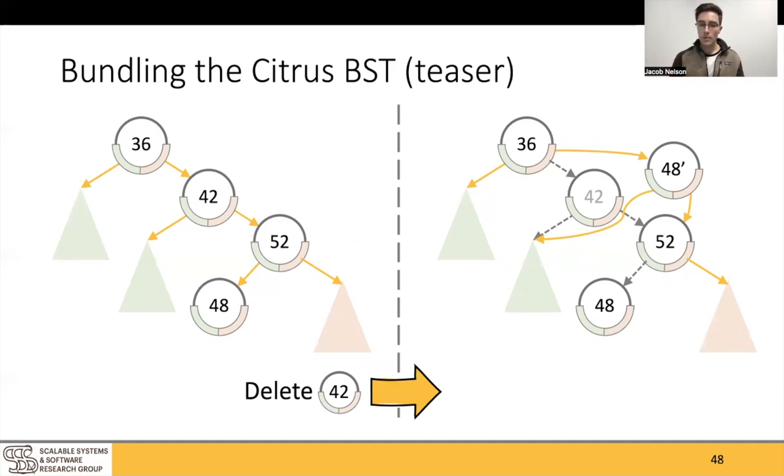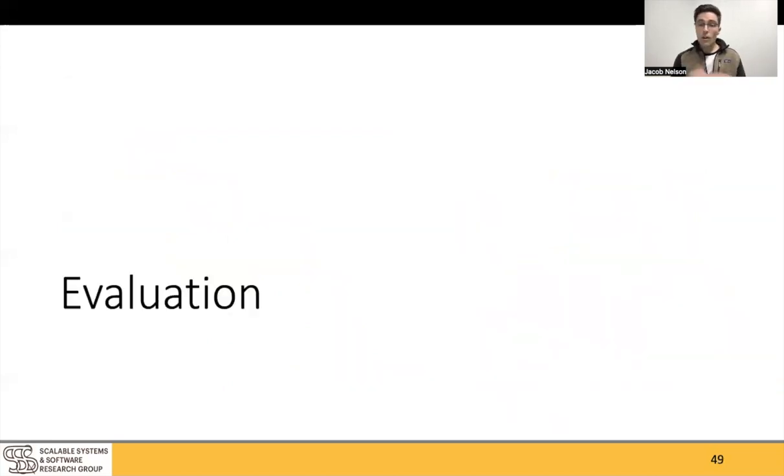Now, one thing that I haven't talked about up to this point that I'll also refer to the paper for is how we deal with memory reclamation. Under the hood, we're using epoch-based memory reclamation to identify when we can reclaim nodes, and we use a background process in order to clean up bundle entries that we don't need. So in our evaluation, we're actually integrating this memory reclamation, all the facilities needed to track which bundle entries are stale. We're just avoiding to actually walk through and clean up the stale entries, but we are freeing all of